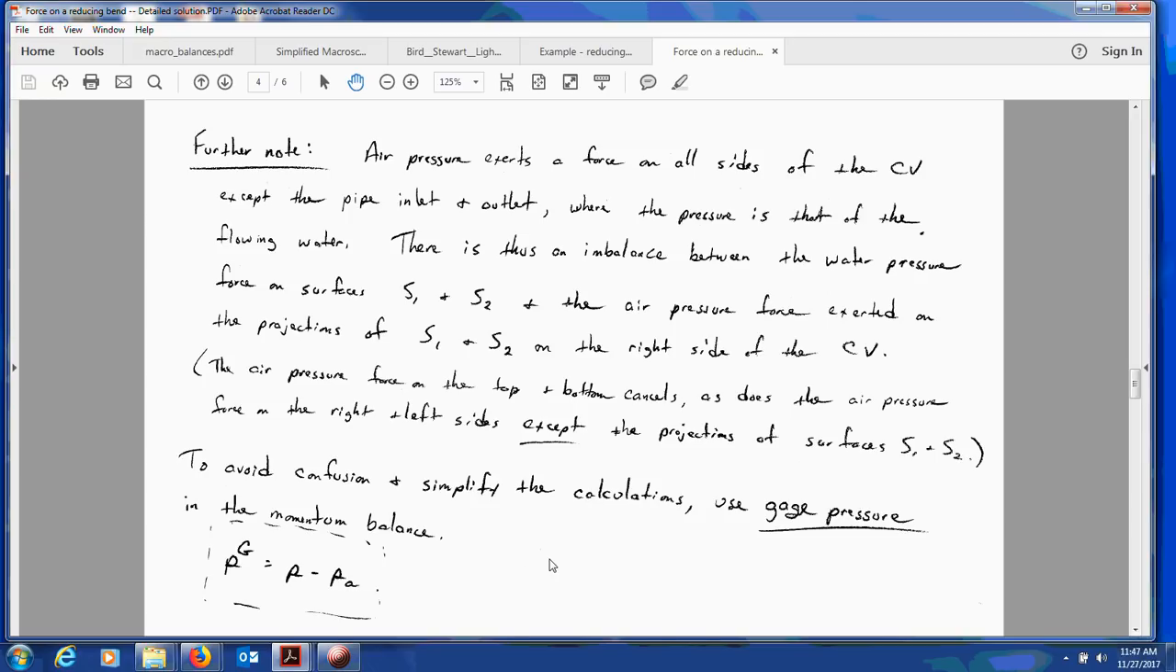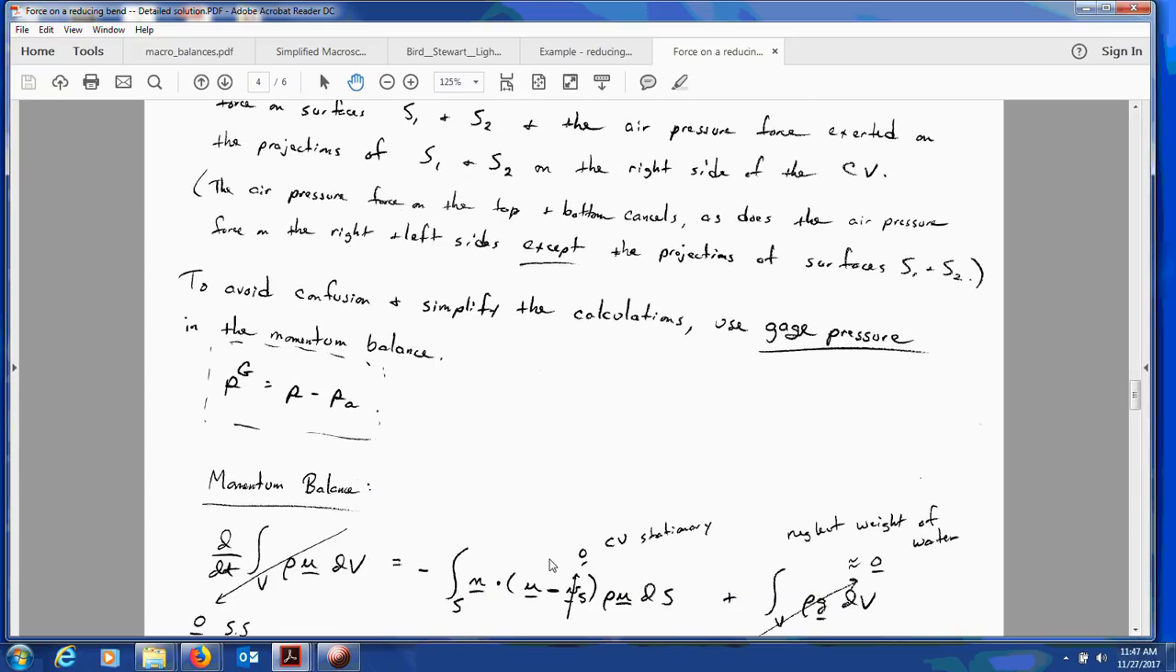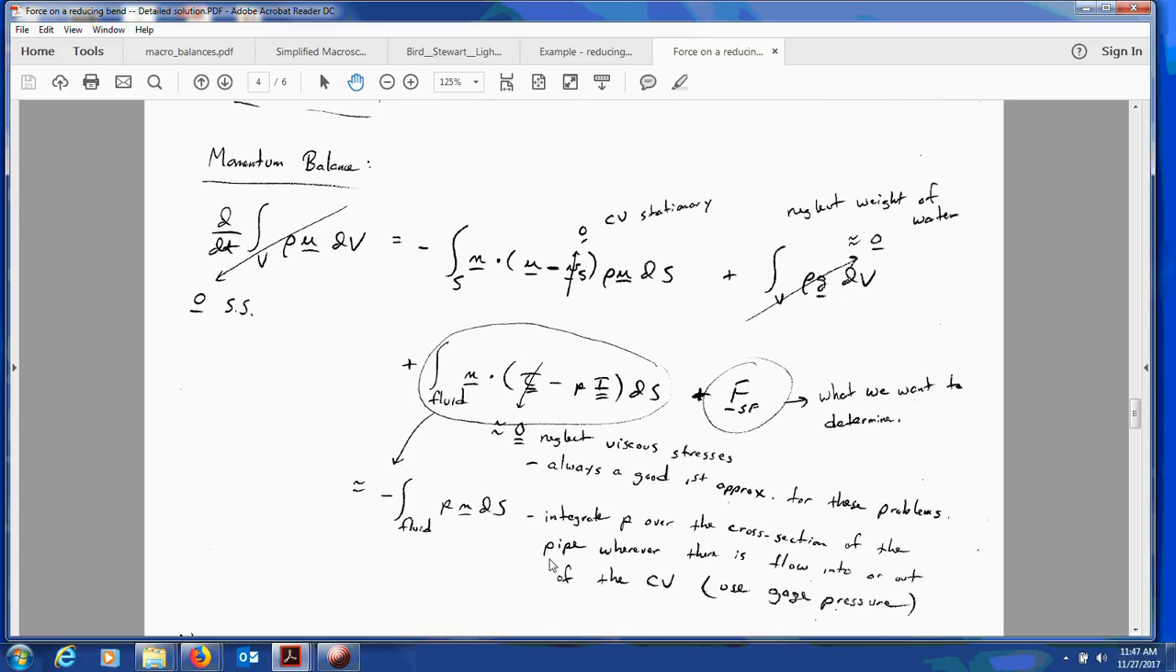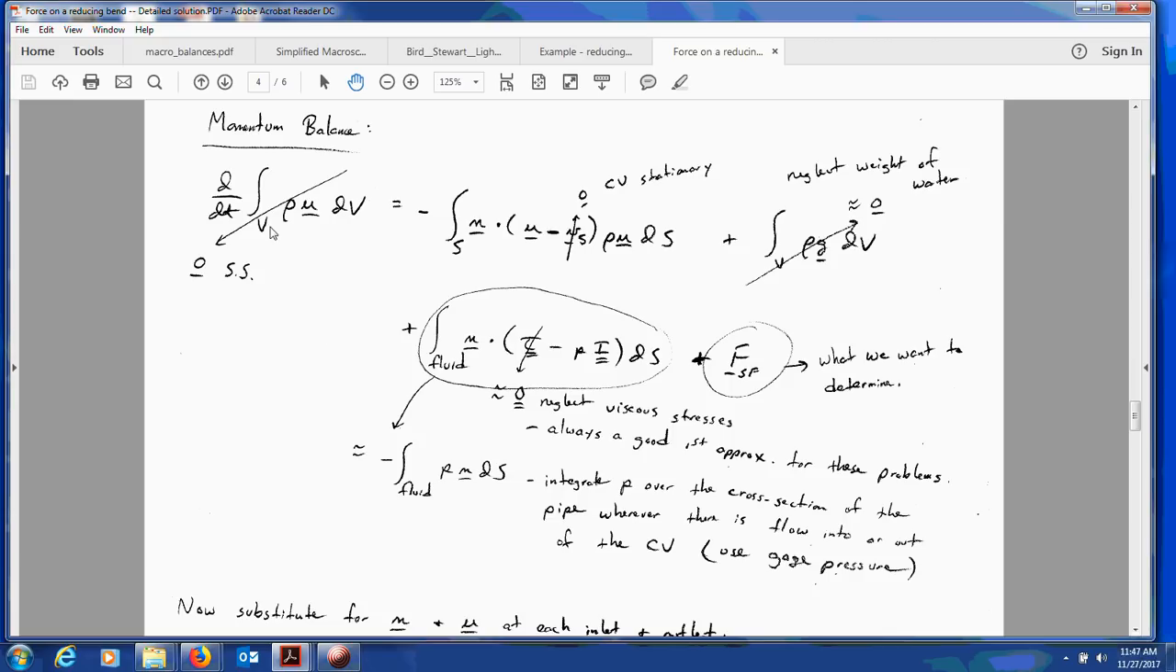So with this caveat noted, we can proceed to the integral momentum balance as written here. So we have the rate of change of the total amount of momentum in the system is equal to the net rate momentum comes into the control volume due to fluid flow in the inlets and outlets, plus the effects of gravity, the force of gravity on the control volume, plus